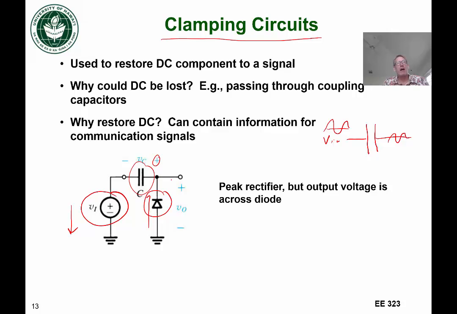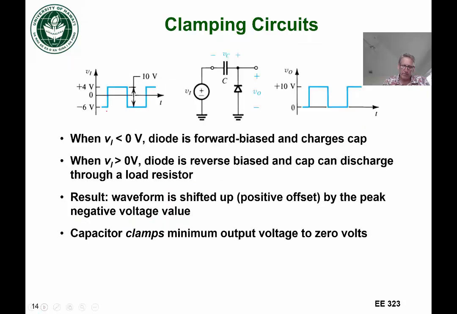But the opposite can't happen, because in reverse bias, no current will flow. So this voltage will get stuck. And so what happens is when the input voltage is low, this output voltage charges up as high as it can go through the diode,